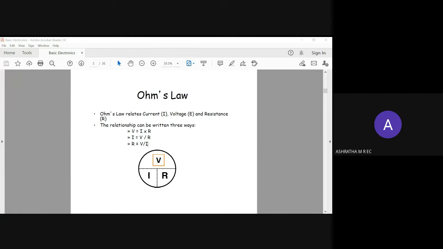What is the room temperature? Standard value of room temperature. 25 or 27? 27, sir. 27 degrees Celsius is considered the standard room temperature all over the world. I'm sure about that. If you convert that into Kelvin, you get 300 Kelvin. So at constant room temperature, your Ohm's law is going to work. V is proportional to I, and that constant is going to be R.